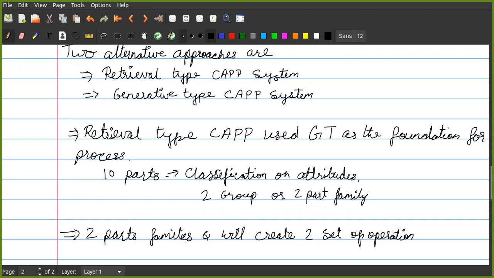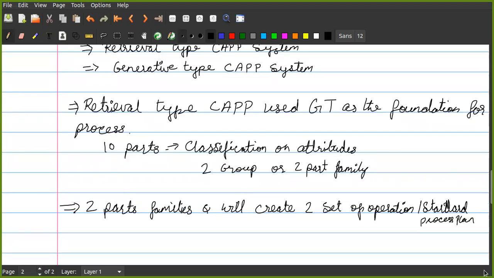This set of operations is known as a standard process plan. Do not get confused that there will be only two sets of plans. For this particular industry, which has two part families, each part family will have a certain process plan. That process plan is standard for that particular part family.